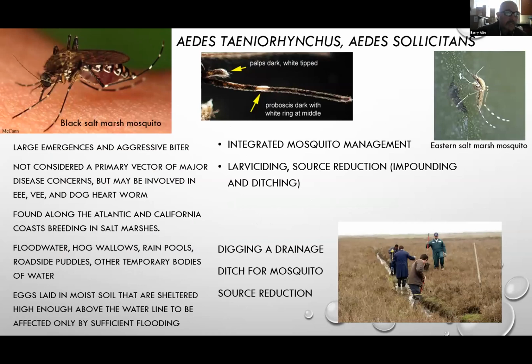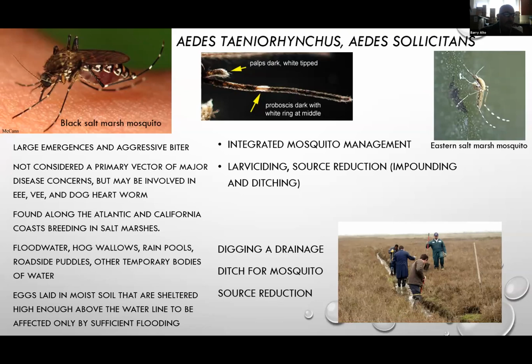Aedes taeniorhynchus and Aedes sollicitans, these are salt marsh mosquitoes. The black salt marsh mosquito on the left and the eastern salt marsh mosquito on the right. They are associated with large emergences and they're very aggressive biters. They're not considered a primary vector of major disease concerns, but they may be involved in triple E, VEE, and